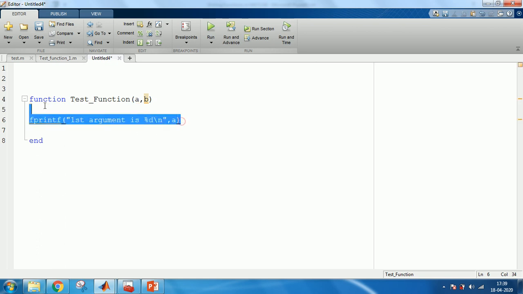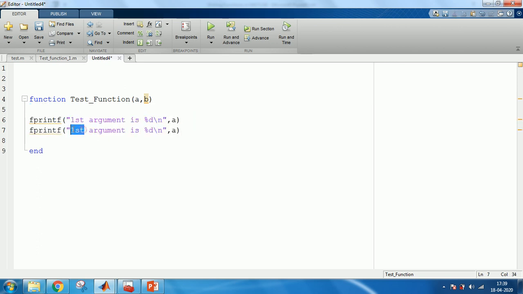Now I will print my second argument b. So what this whole function does is accept two arguments a and b and just print them.